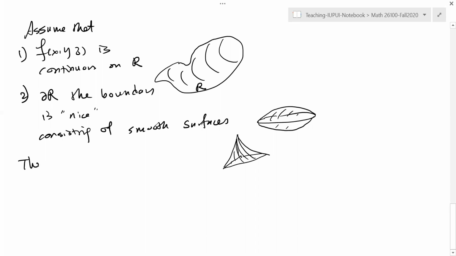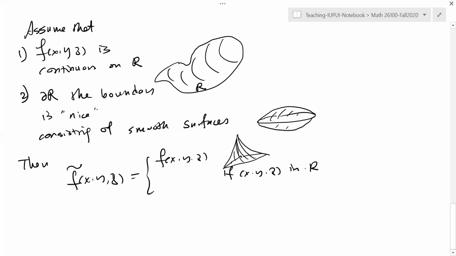Then we extend this function. Let me define this function, f(x, y, z), if this is a point in R; otherwise, if (x, y, z) is not in R, outside, then